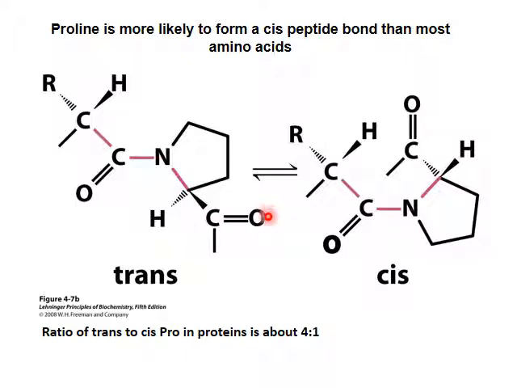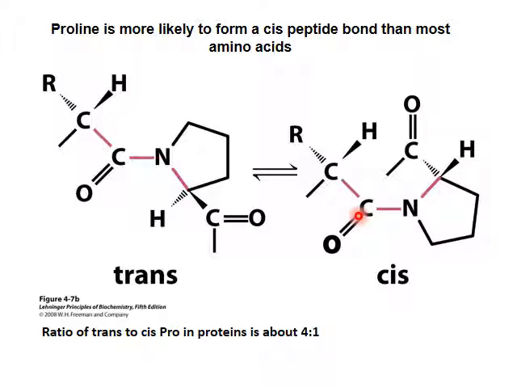From a thermodynamic perspective, for X-prolyl peptide bonds, the cis and trans isomerization is something that can happen in a protein,